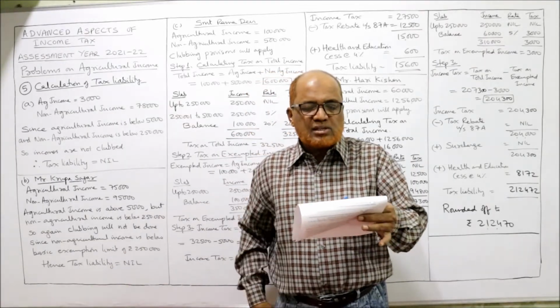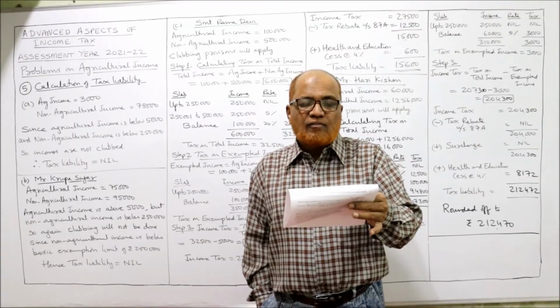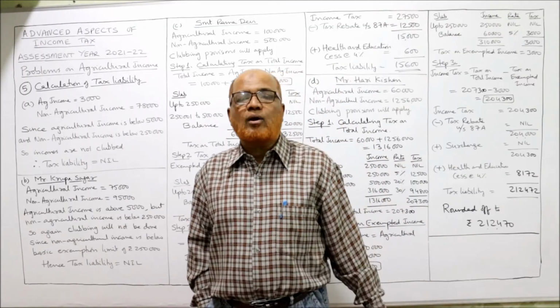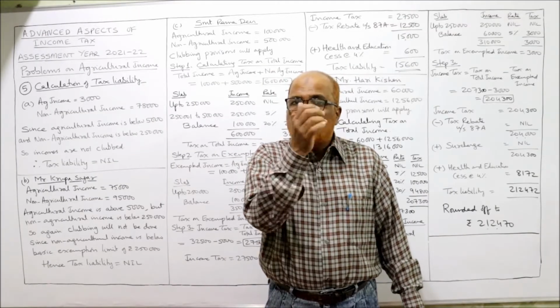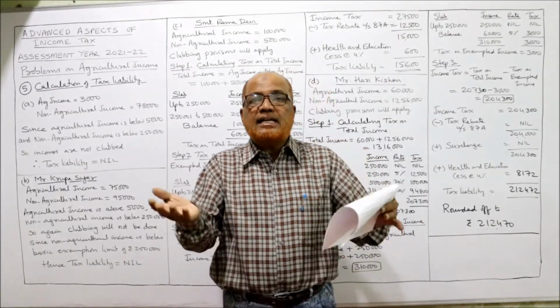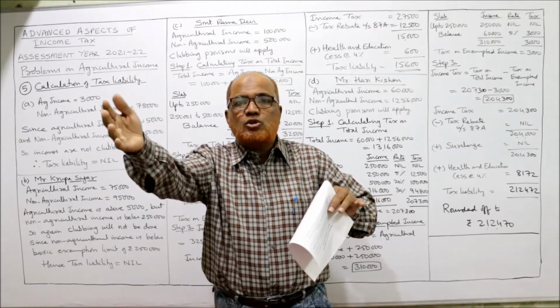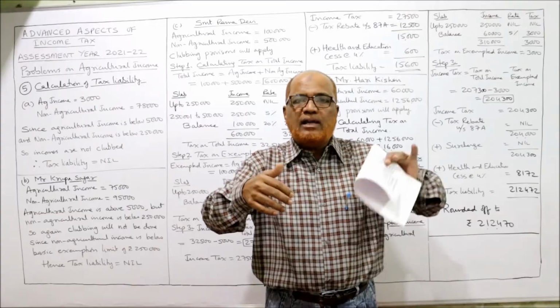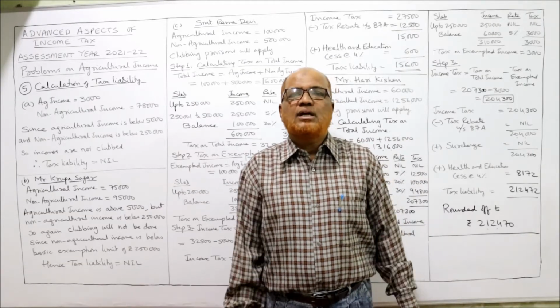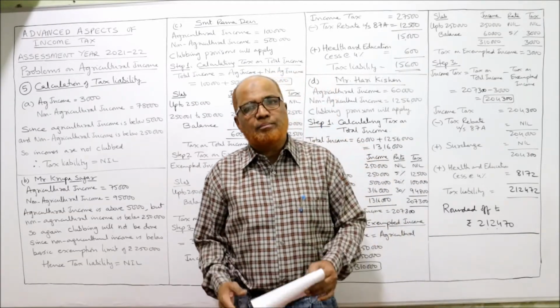Next one, rupees 1,750 received by a trader from the sale of dried tobacco leaves. He is not the cultivator. He is not the owner. He is the trader, and a trader's business is to buy and sell. So if a person is a trader buying tobacco leaves and selling tobacco leaves, it is non-agricultural income.